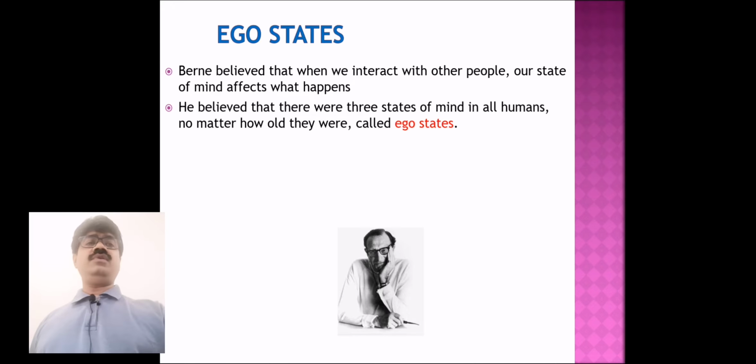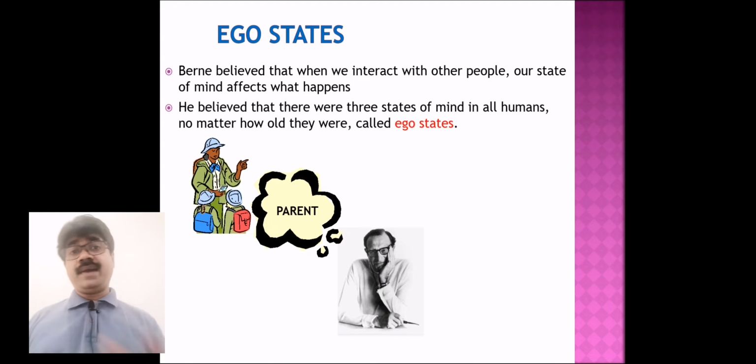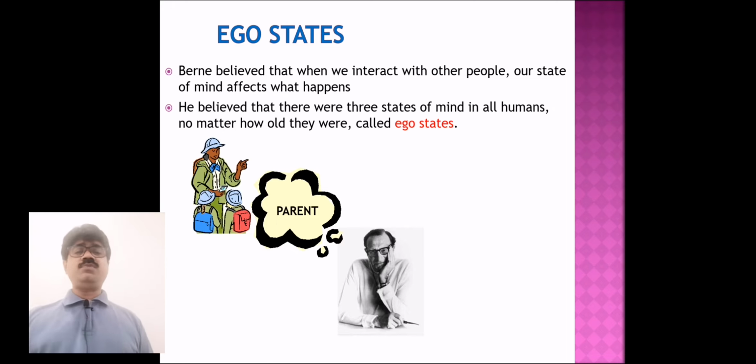First, we'll try to understand what the ego states are. Berne said that we interact with people in different ego states. Basically, there are three types of ego states. The first one is the parent ego. At times we behave like a parent, which we acquire from our parents. We have noticed how our parents behaved with us when we were children, and usually we acquire some of that behavior. So at times we come to that ego, which is known as the parent ego.